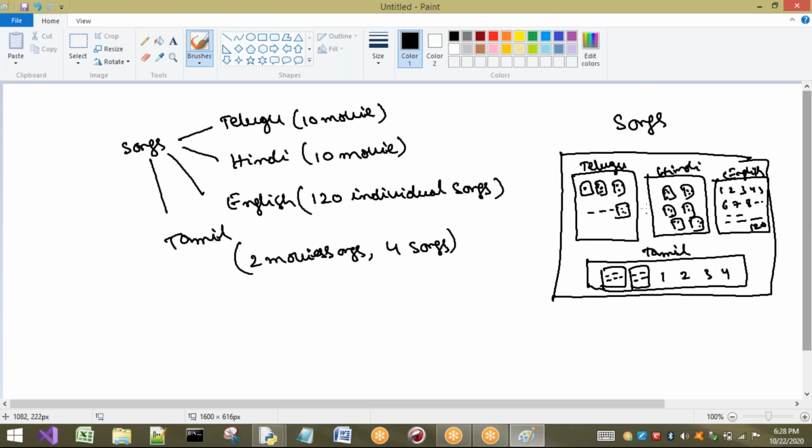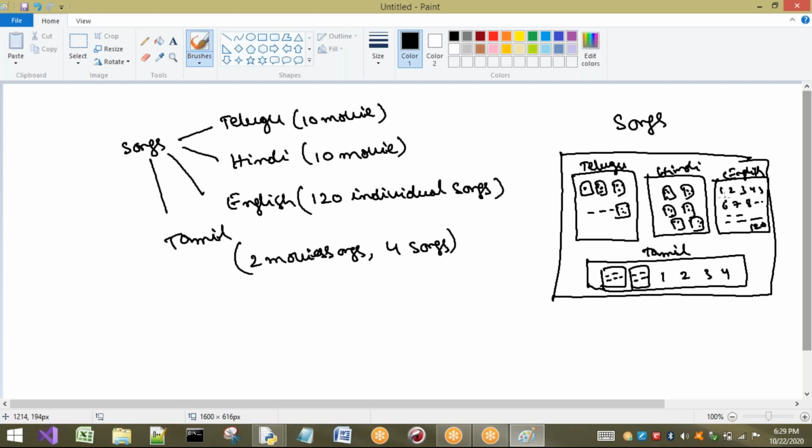So that is completed. Now I have downloaded 10 Telugu movie songs. Will I place those songs in the Hindi folder or English folder? No, I will not place them in these two. I will place them in the Telugu folder. The reason is that this folder is created to group Telugu movie-related songs. Next, Hindi is only Hindi, and English is only English.